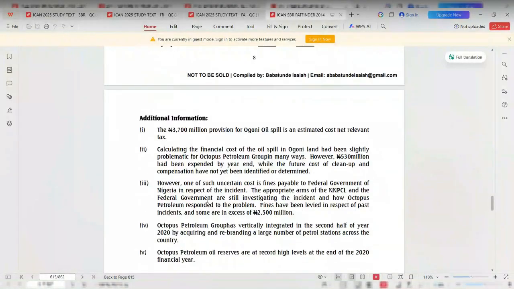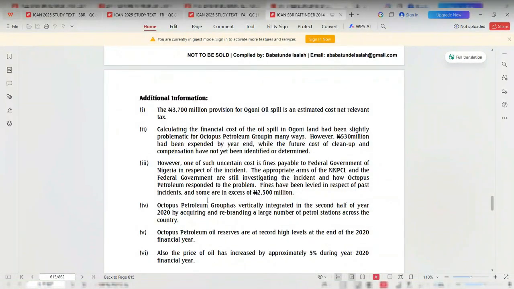Roman figure 3. One of such uncertain costs is a fine payable to the federal government of Nigeria in respect of the incident. The appropriate arms of the NNPCL and the federal government are still investigating the incident and how Octopus Petroleum responded to the problem. Fines have been levied in respect of past incidents, and some are in excess of